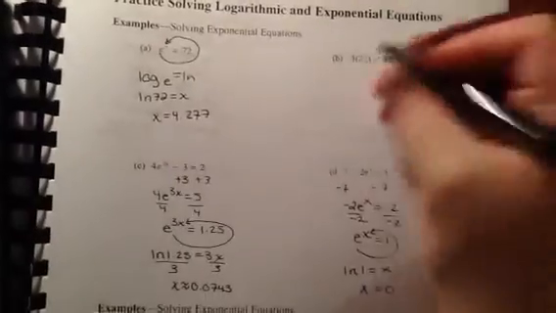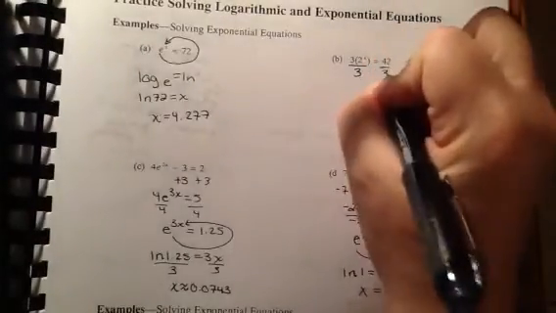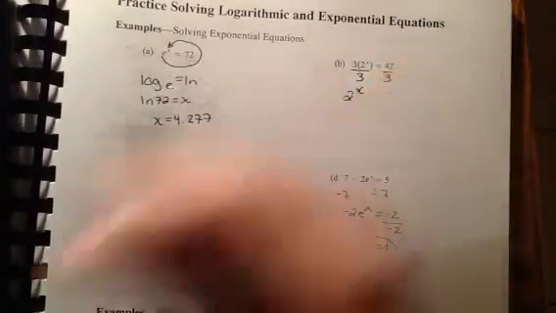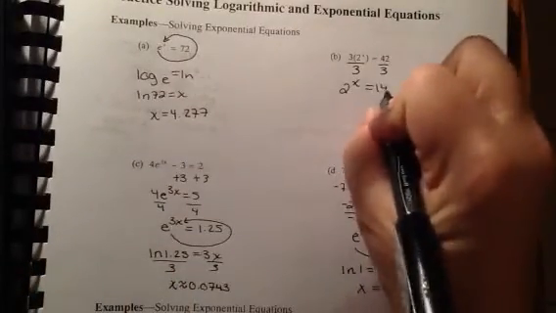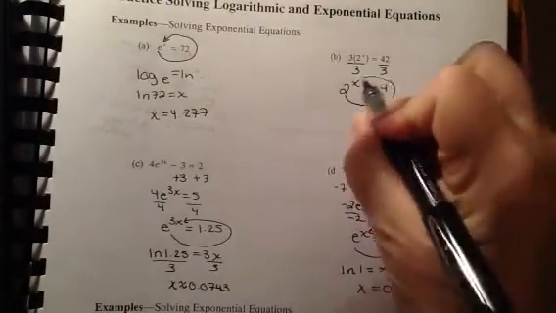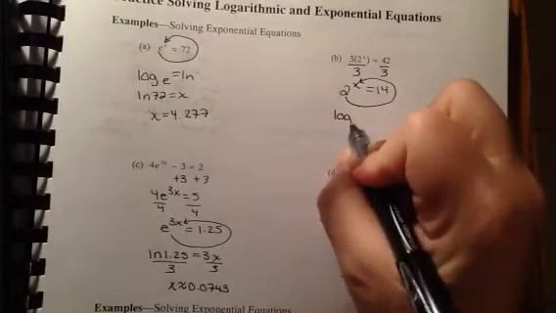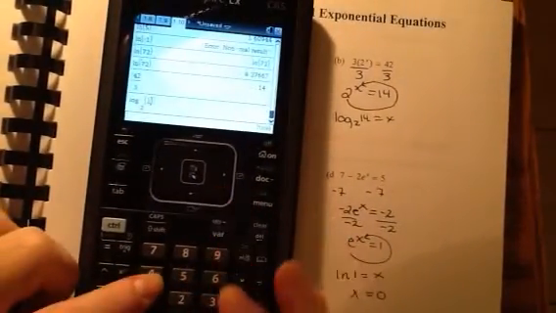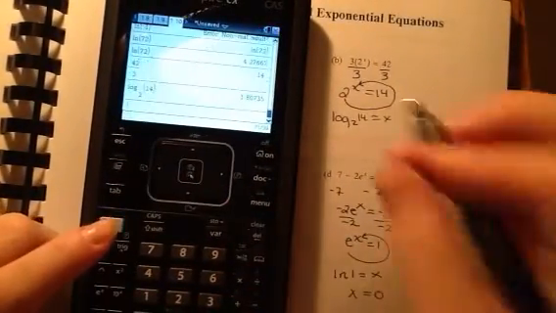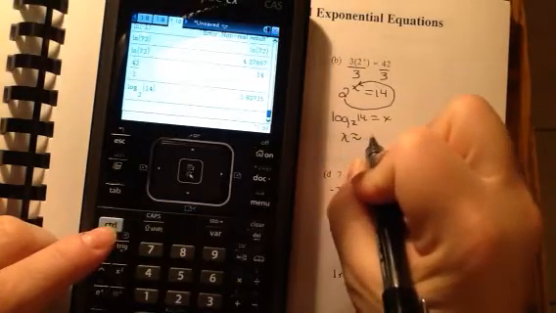Letter B is a little bit harder. First we divide by 3, so 2 to the x equals 14. Then you convert, so log base 2 of 14 equals x. I type in my calculator log base 2 of 14, control enter so it approximates. X is about